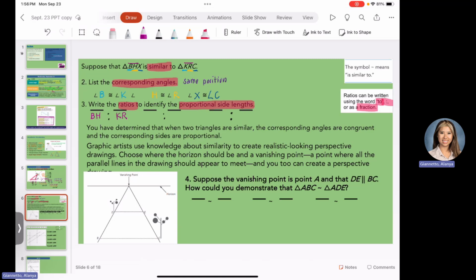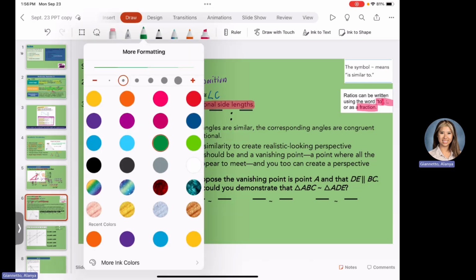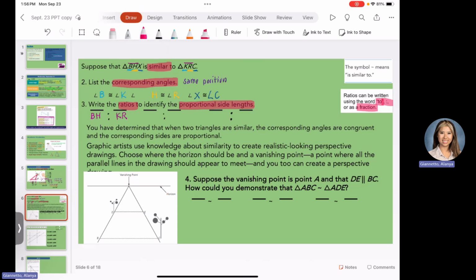So if we think back to dilation with the shape getting bigger or smaller, the number by which it gets bigger or smaller is going to be the same for all the side lengths, is what proportional means. Okay, so then we're going to do the next one. So we did BH, now we're going to do HX. We have HX. So that's the middle and the last letter. So then on the other triangle, that's going to be corresponding to RC. So the middle and the last letter on the